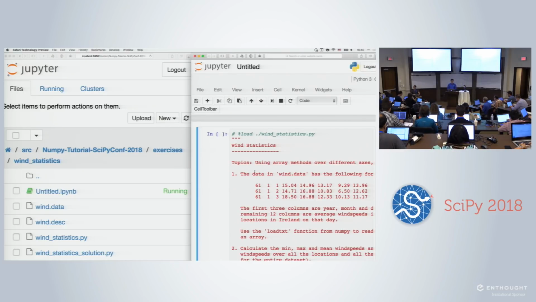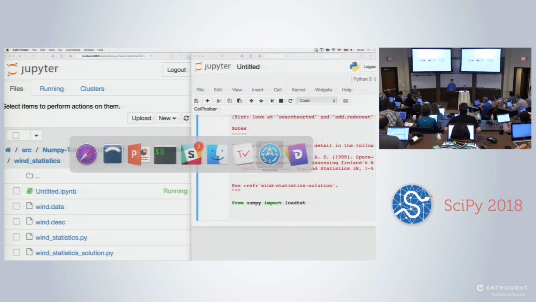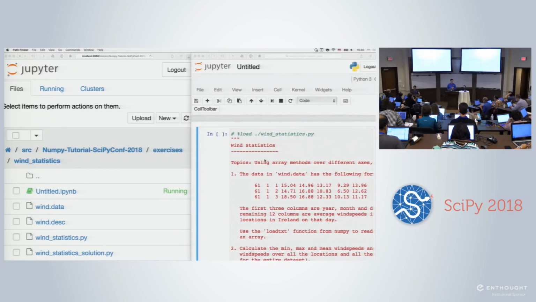One missing piece of information. There's a function called loadtxt that it tells you to use. We've already imported it for you. And the only thing you need to pass is the name of the file. The file is called wind.data. So